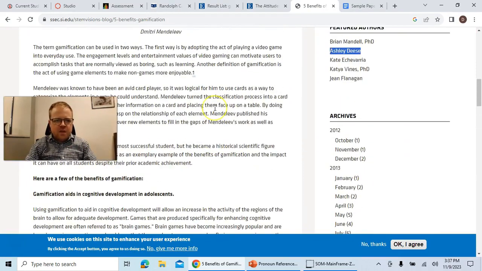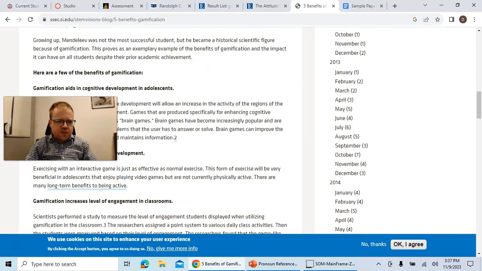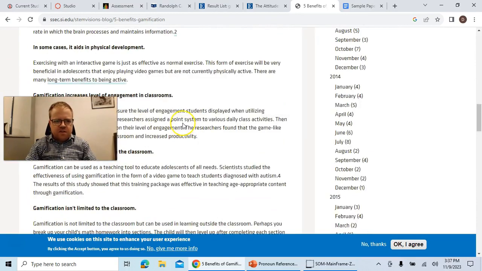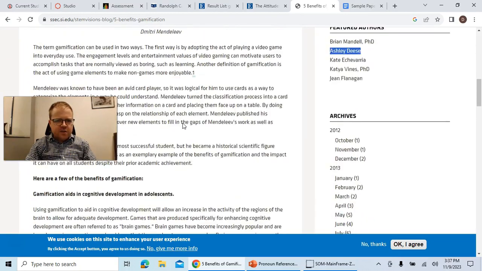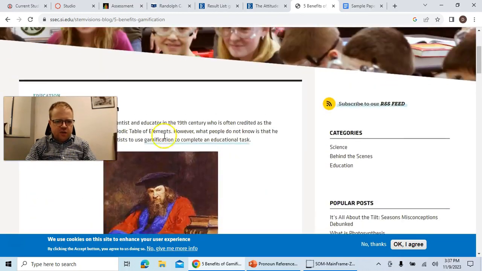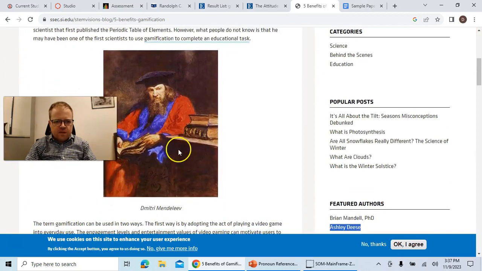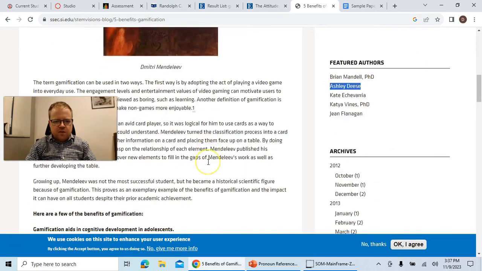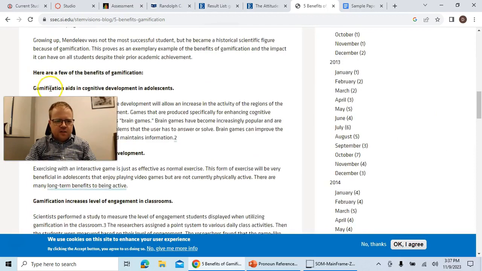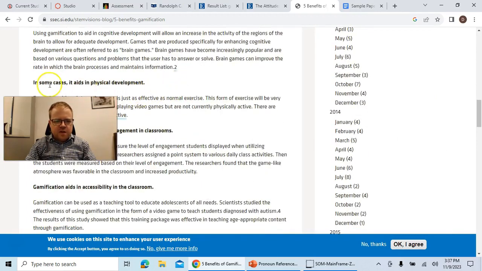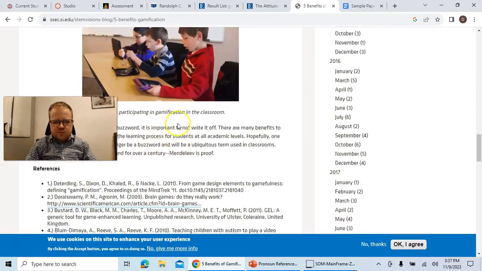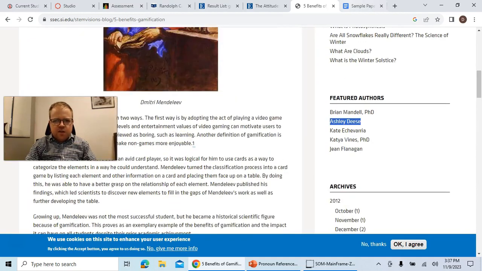about. This article, very easily, by looking at the titles, I can see that it's going to give us some of the history of gamification. It's talking about Dmitry Mendeleev, interesting. And that it talks about some of the benefits, 5 of the benefits. So that's what I would put in my summary. Last of all,